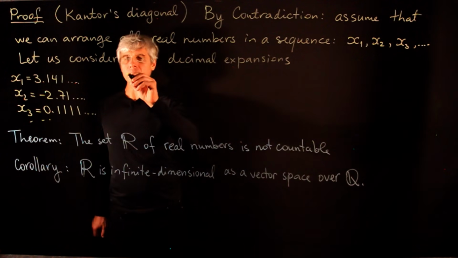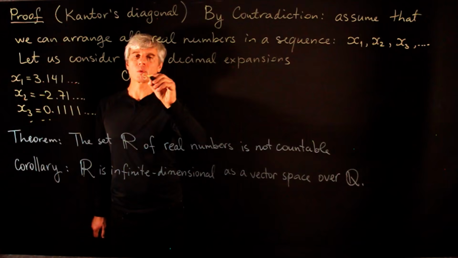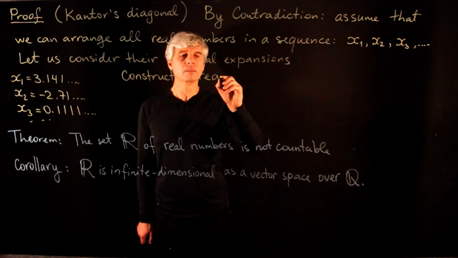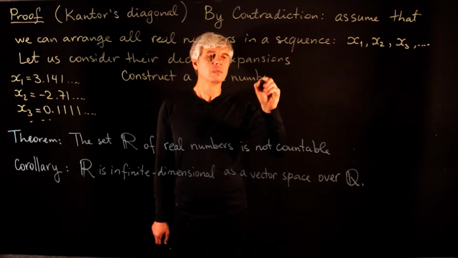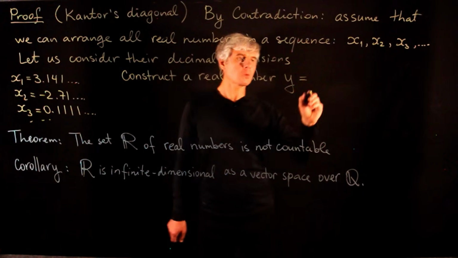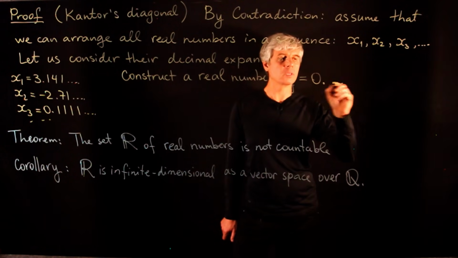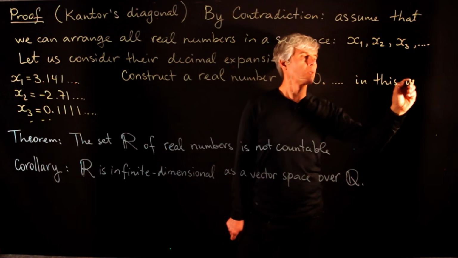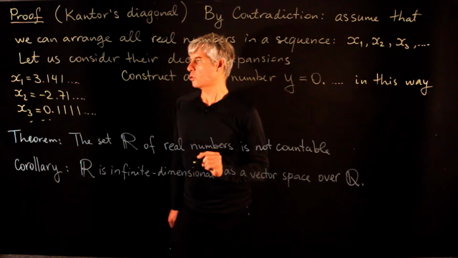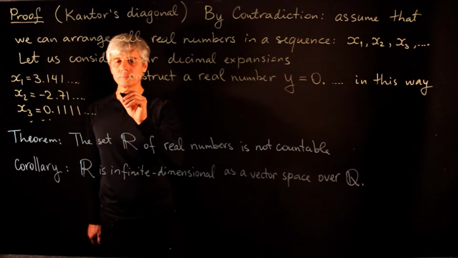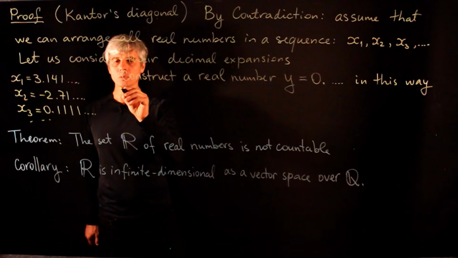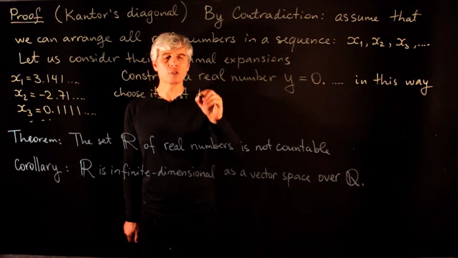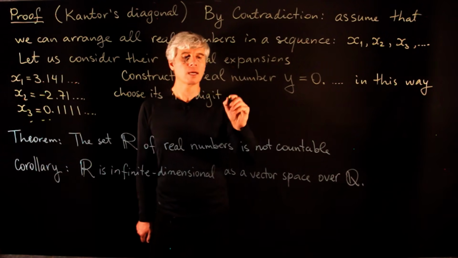Now we're going to construct a new real number y, which will be equal to 0 point something, in the following way. Choose its first digit after the decimal point